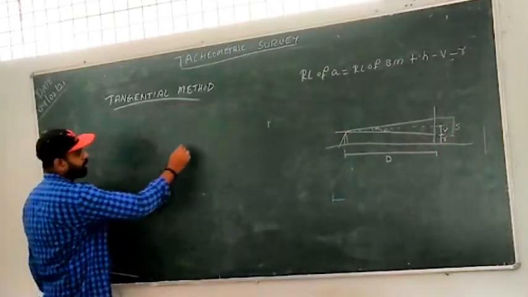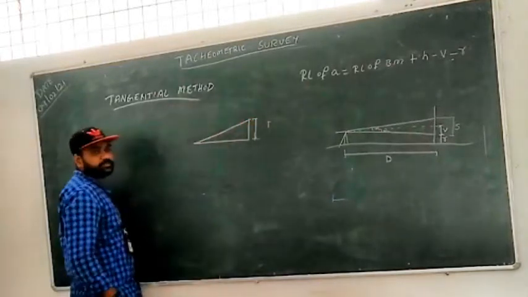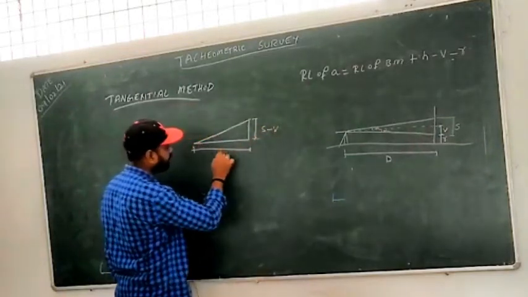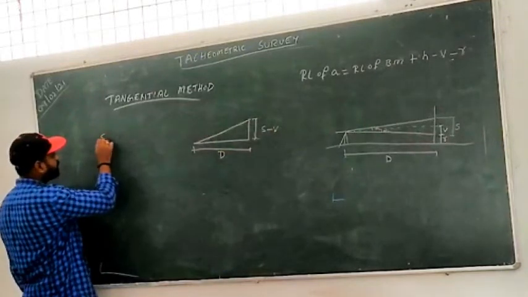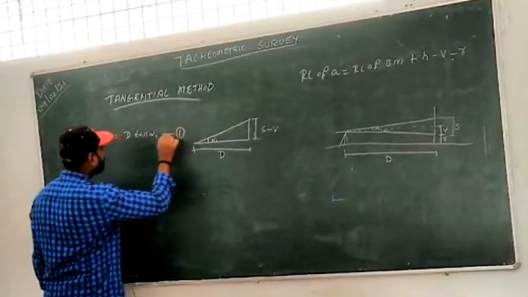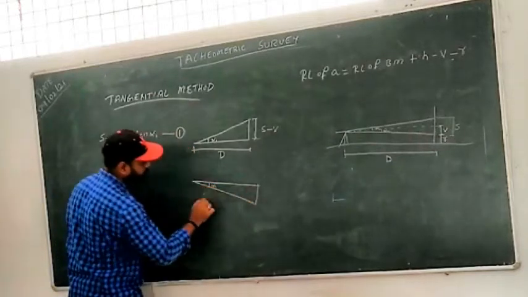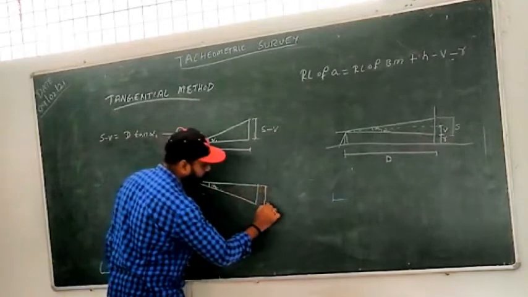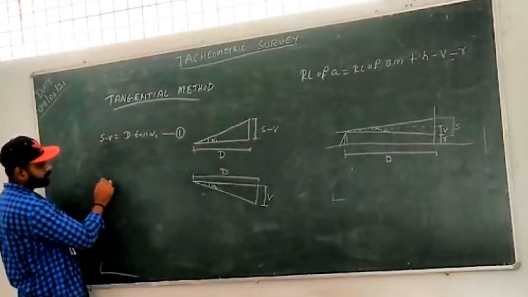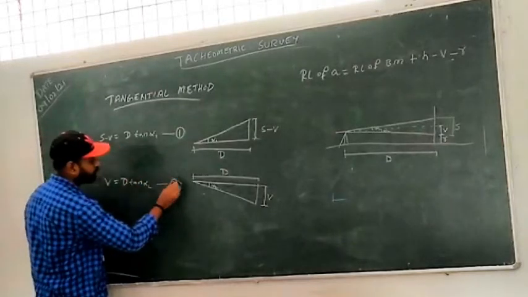Now for alpha 1, this is your side, say this point, what is this height? Yes, S minus V, and say this is your D. So now tell me, S minus V is equal to D tan alpha 1. Good. Say this is equation number 1. Next, for depression, say this is alpha 1, alpha 2. What is this vertical height? That is V. This is D, right? Now you tell me, V is equal to D tan alpha 2. Say this is equation number 2.